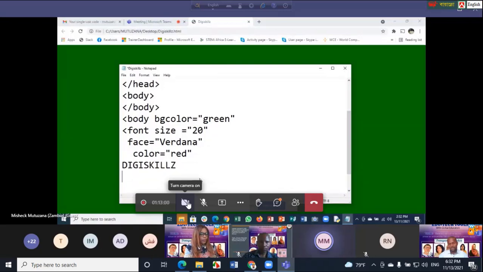I'll say font, allow me to do this font. So the font style, the open tag, and I've closed here with a forward slash. So meaning that the words DG skills will be in red, the font face will be Verdana, and the size of the words DG skills will be 20.